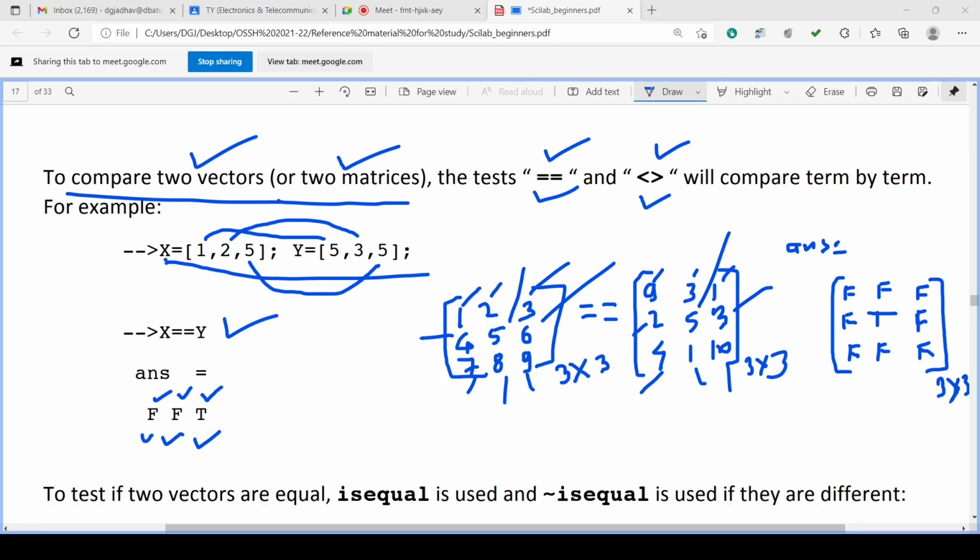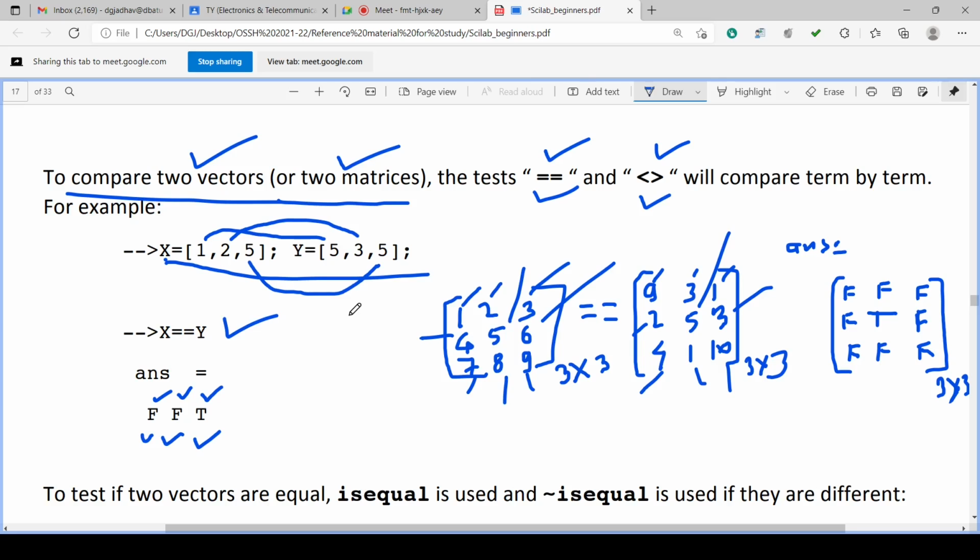So a vector is also a matrix. It is a one-dimensional matrix, while a matrix has 2 dimensions. A vector must be of row type or column type, and must also match in dimension: 1 by 3 or 3 by 1.